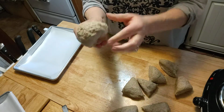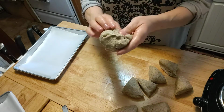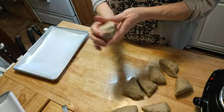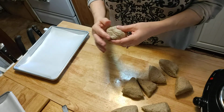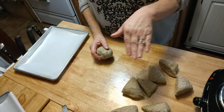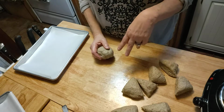Just going to keep stretching it out, stretchy out, stretchy out. Just keep folding it under. Okay. Now, I'm going to do the rest of these off camera because the last time I did a long process, it cut me off without anything. So if this happens to cut off on me during this, I would do a part 2